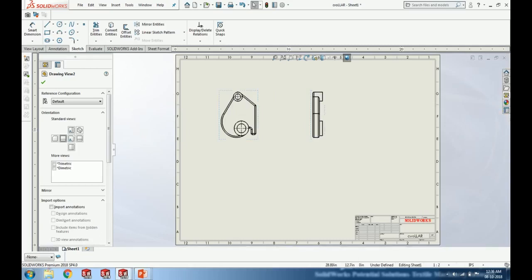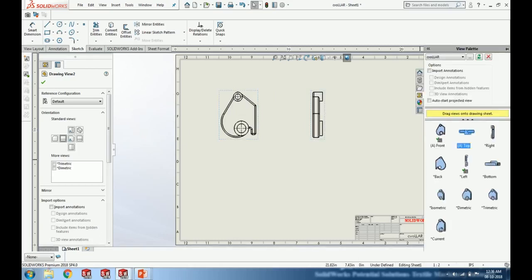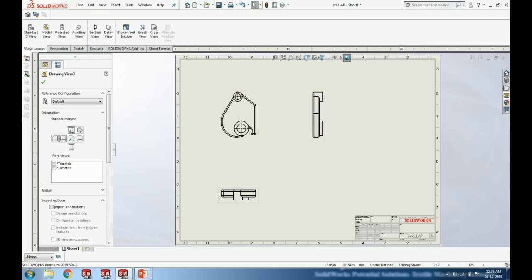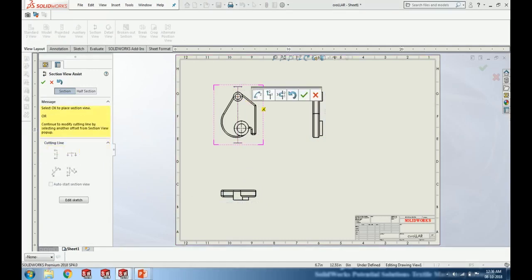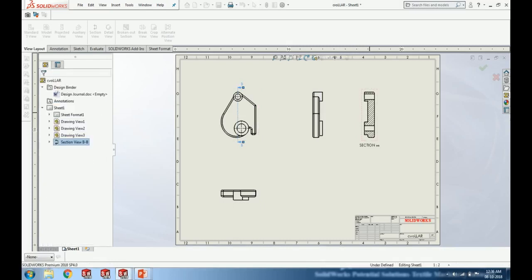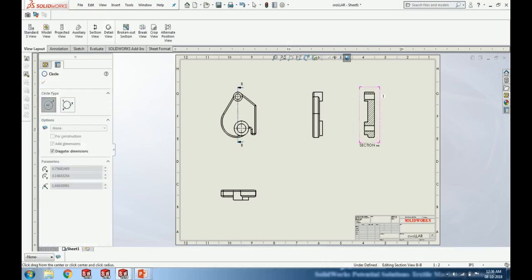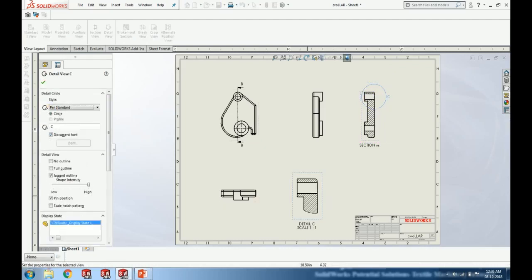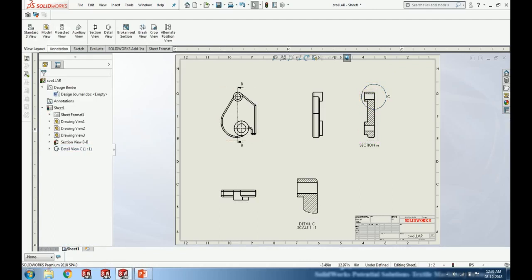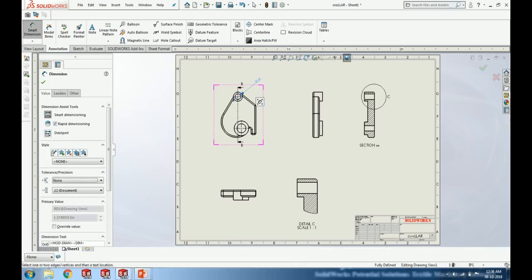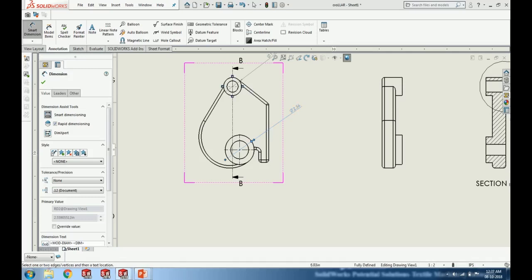Next I want to make a top view, and I simply drag and drop the top view. My next option is to create a section view for this part, and I create a section view. If I want a detail view, I can instantly create a detail view for that. Not only that, making the dimensions is also easy, so any changes we make can be instantly applied to the designs, and the changes happen